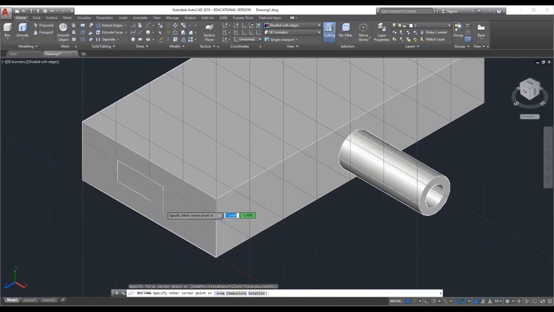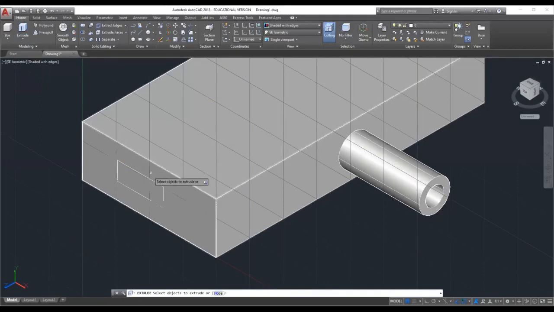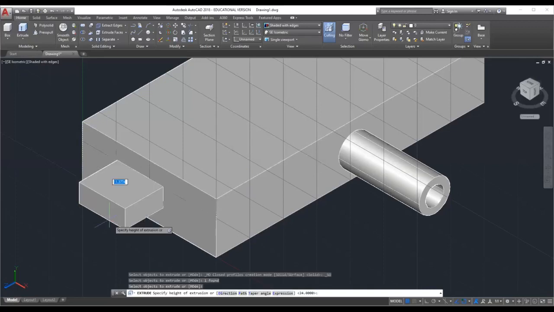Go to extrude command, select the object, click on extrude, select the rectangle, enter. From here we have to give the taper angle.